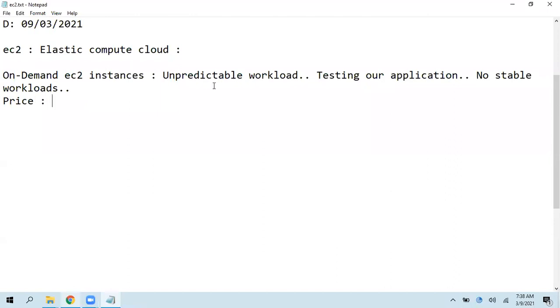For most of the instances, we are charged on a per second basis, but with a minimum of 60 seconds. That means if you are running a server for 300 seconds, so for 5 minutes, then by the end of the month we are going to get a bill for 300 seconds. But in a similar scenario, you launch the server and you just run it for 20 seconds, so then you have